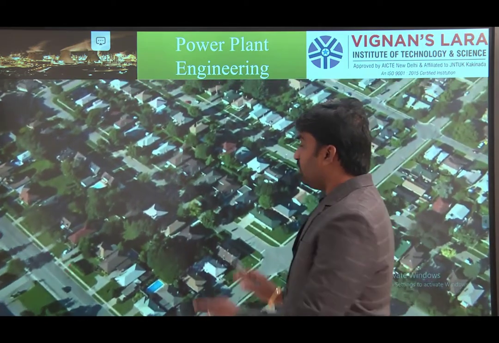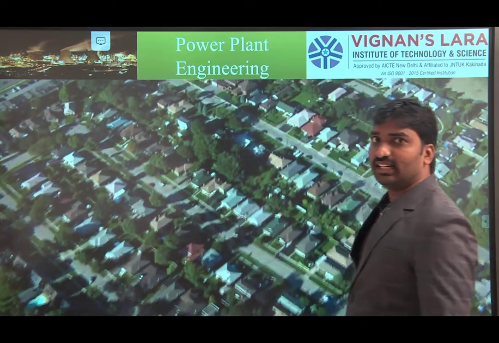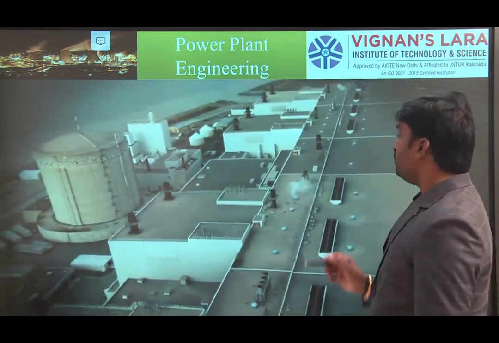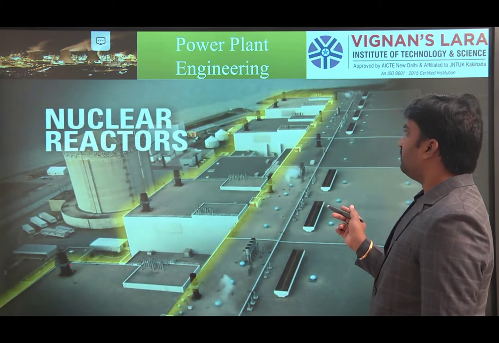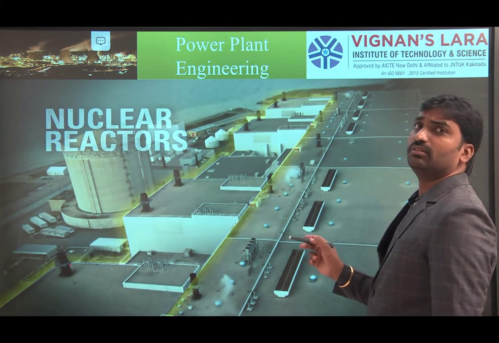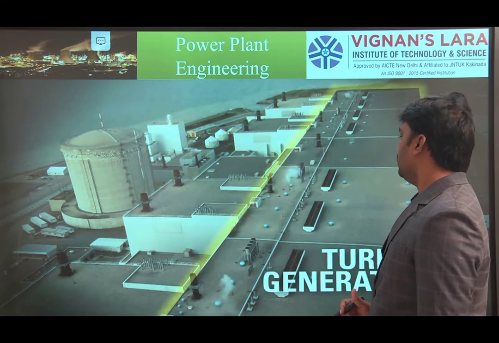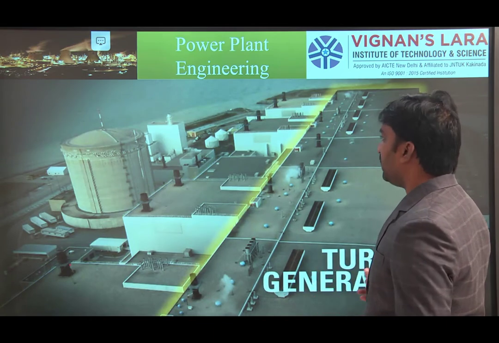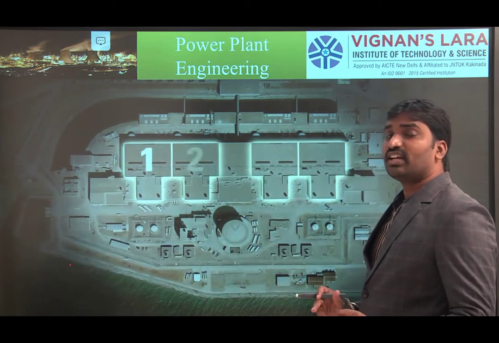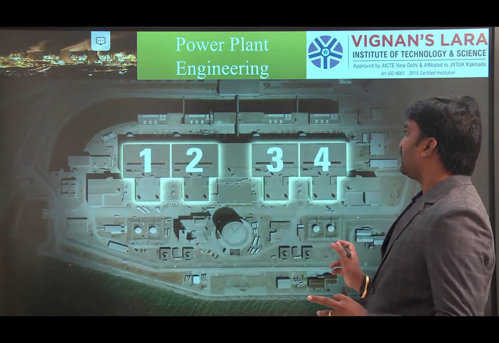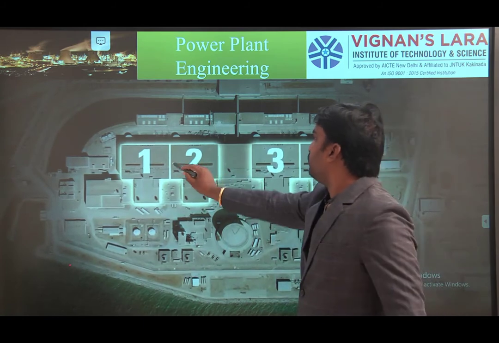Here most of the electricity is generated using nuclear power only. A lot of power generating units are there, and the Darlington nuclear power station is especially the largest one. Here we are using the same components, turbine, generator and all. Instead of a coal boiler, we are using the nuclear reactor here. These are the reactor points 1, 2, 3, 4.